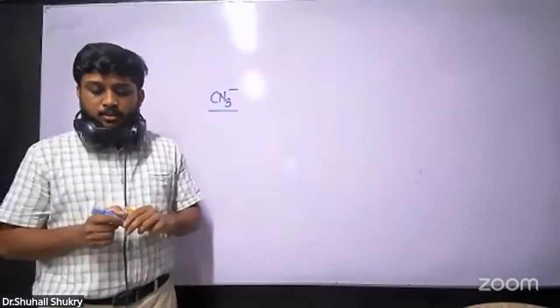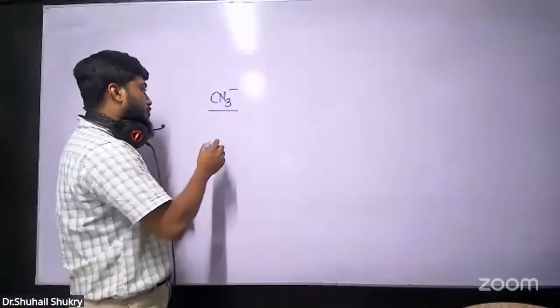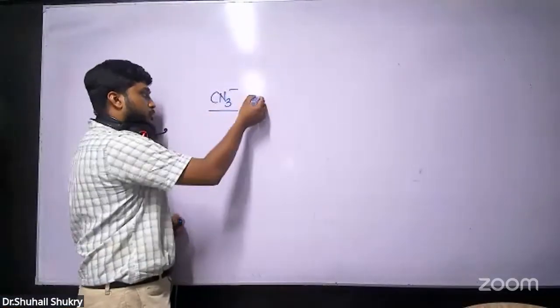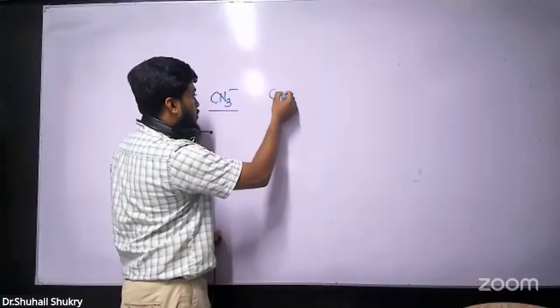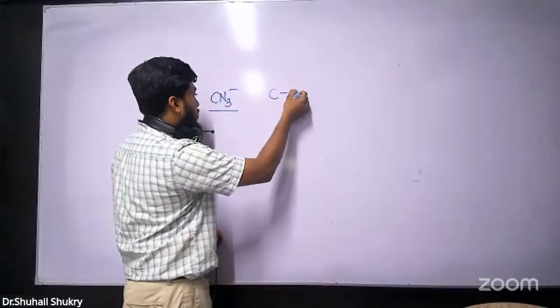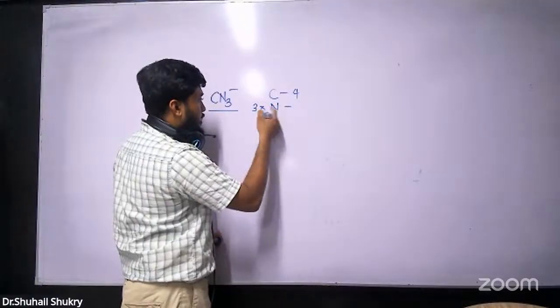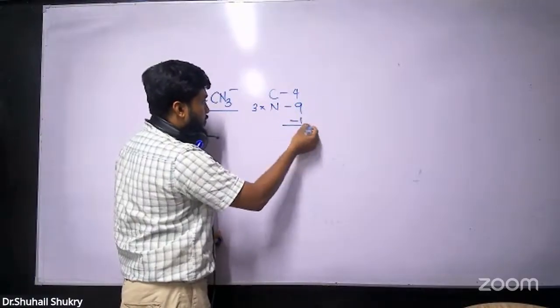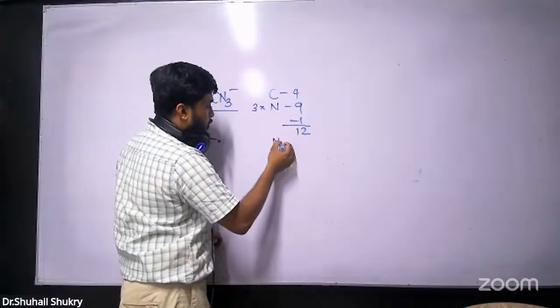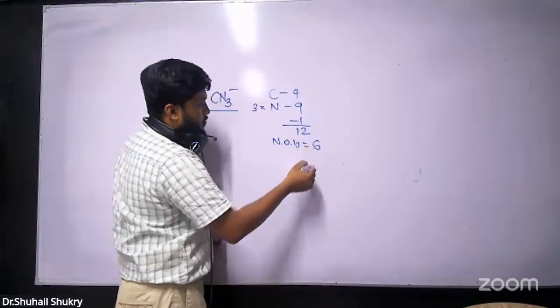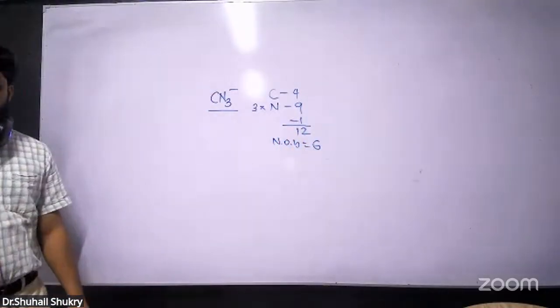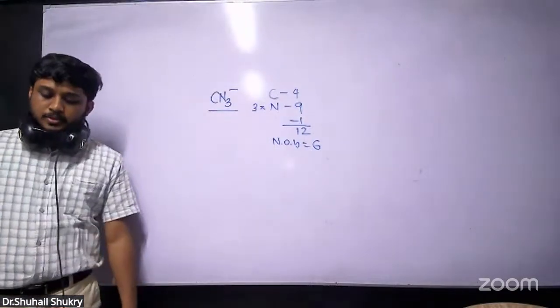Okay, all right. Now, for carbon, remember to draw the structures. First of all, see the number of total valence electrons. Carbon is 4, nitrogen is 3, so 3 into 3 is 9. With the minus charge, 4 and 9 make 13, plus 1 is 14. So the number of bonds will be 6. If there are 6 bonds in this,